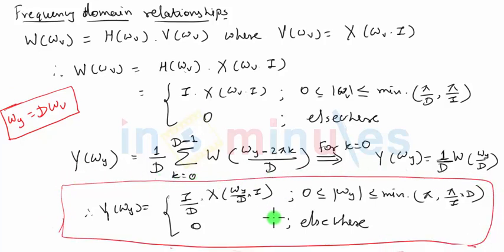So to summarize everything, you can see that we have omega y being divided by d and multiplied by I. This simply means that frequency will be compressed by I and expanded by d, so that the sampling rate conversion takes place by I by d. And this I by d is just a scaling factor that appears in the form of magnitude.